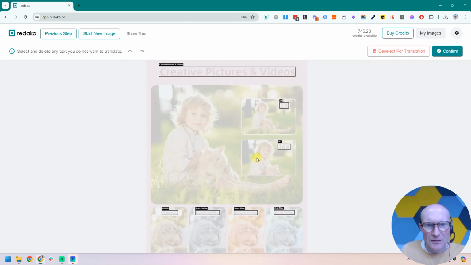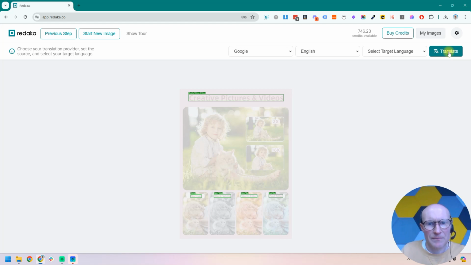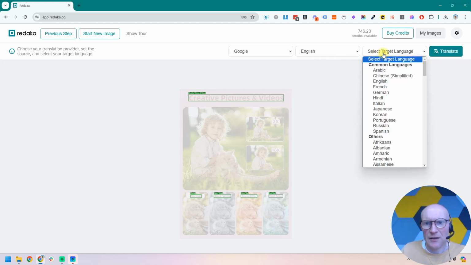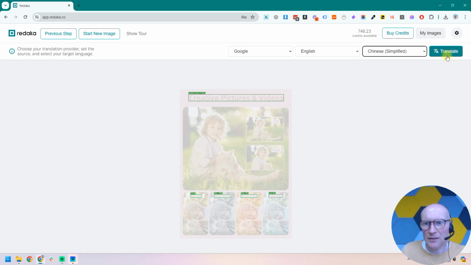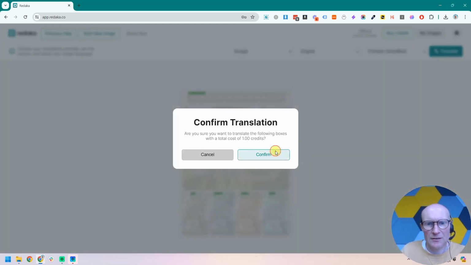translate. So it's highlighting different USPs of the camera, so I'm just going to deselect those for translation. But we will translate this filter information here in the headline. So I'll click confirm. It's got that it's English as the from language, and we're going to translate it into simplified Chinese. Click translate,